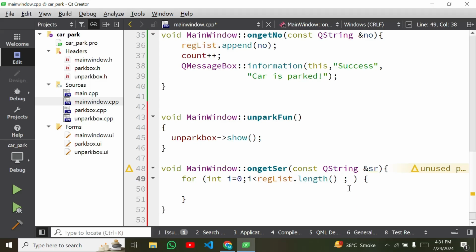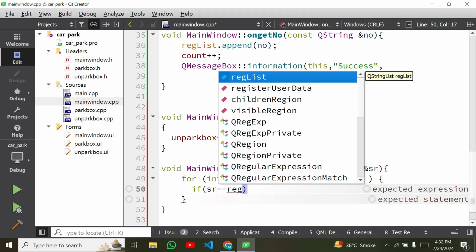Then I have to increase the value of i one by one, step by step. Here I have to check the condition: if this sr matches any value in our registration